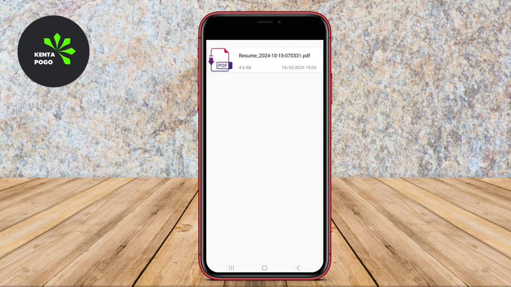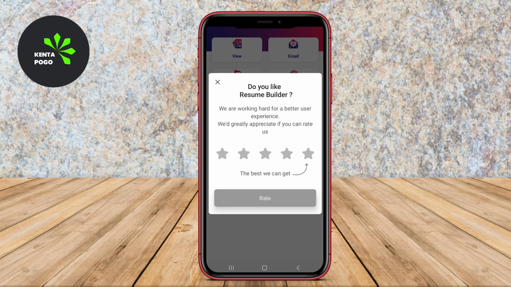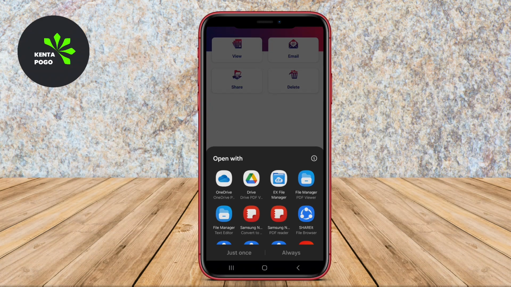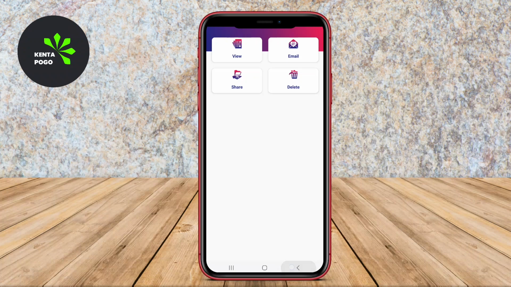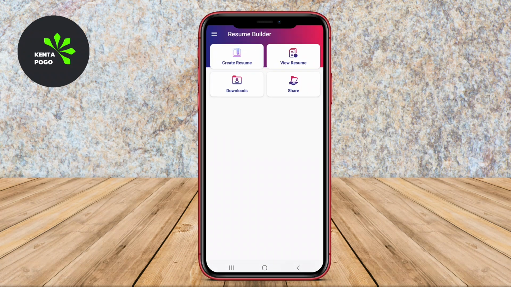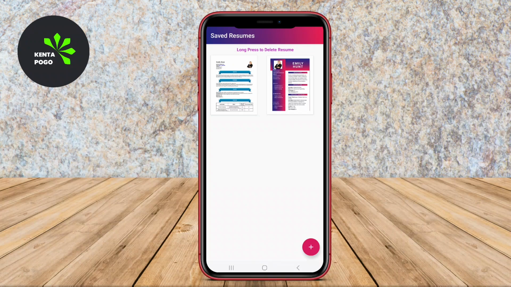The app also includes helpful tips on writing compelling resume content, which aids users in presenting their qualifications and achievements in the best light possible. Once completed, users can save and share their resumes effortlessly, making it a practical tool for anyone looking to land